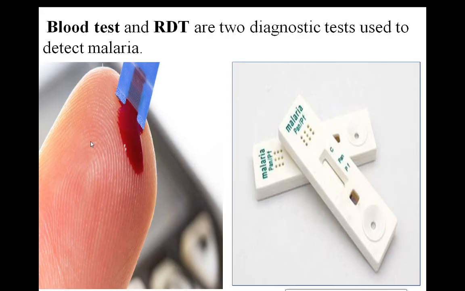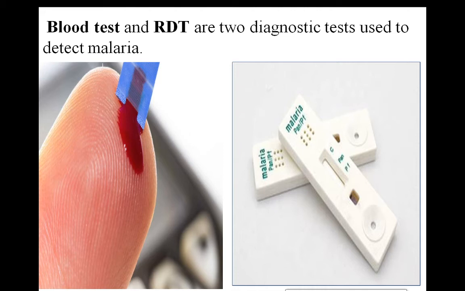Then one another test is there, that is RDT, which is actually not given in your textbook, but you should know about that. Not only the blood test, with the help of RDT also we can detect malaria. RDT means rapid diagnostic test. When the blood test report reveals an alteration in platelets, that is a lower count of platelets, RDT is conducted to further assess the presence of malaria. It is the advanced technique to diagnose malaria.